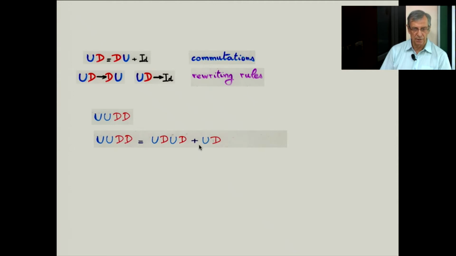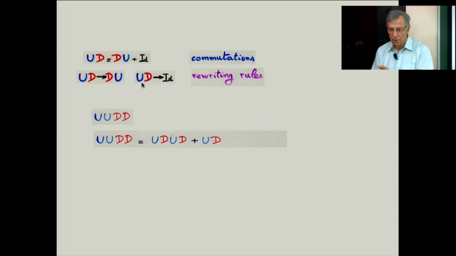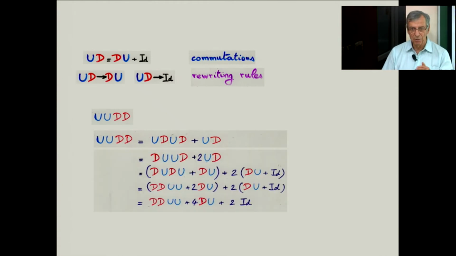So you get this. And then you continue by doing this rewriting rule, so that all the D are going to be on the left, and all the U going to be on the right. You can do this in many different ways, and you can repeat, and at the end, I replace the UD sometimes by DU, sometimes by identity. At the end, I get this polynomial, a sum of monomials in D to some power, U to some power. So this is a very classical normal ordering in physics.